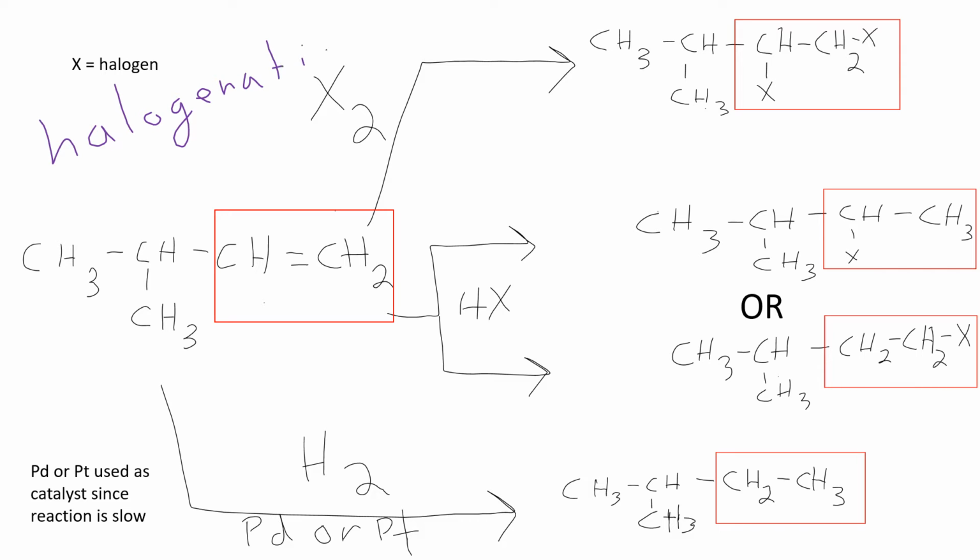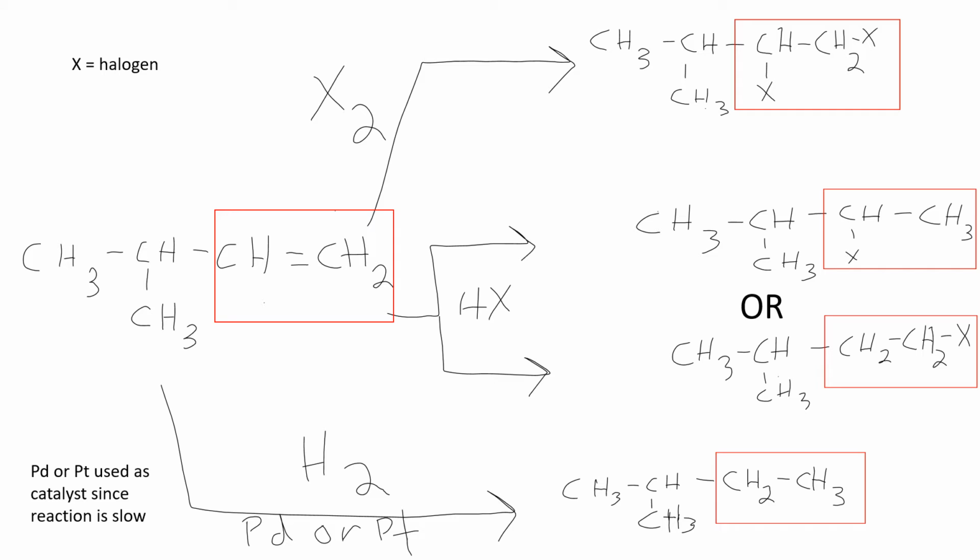And that's a specific type of addition reaction. We're going to add in halogens. Remember what halogens are. Halogens are those elements in group 7A. Fluorine, chlorine, bromine, iodine. So to generalize it, we're going to have halogens represented with X's. That means it could be F2, it could be Cl2, it could be Br2, or it could be I2. Any of the halogens will work for this. So across the top, we're adding two halogens represented by the X's.